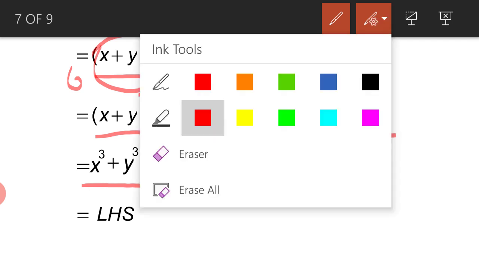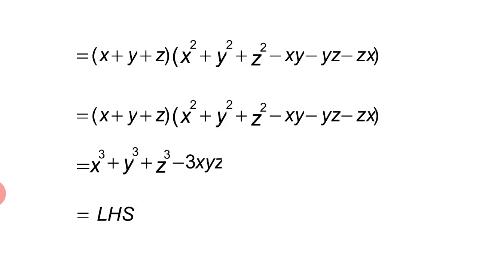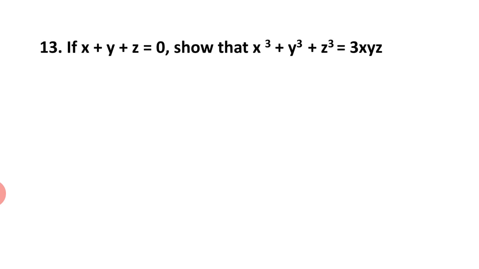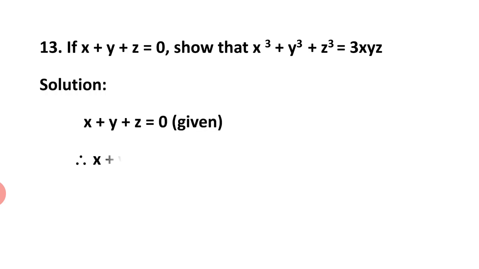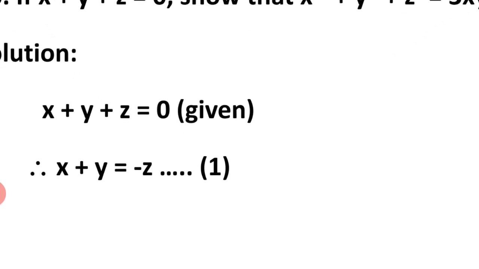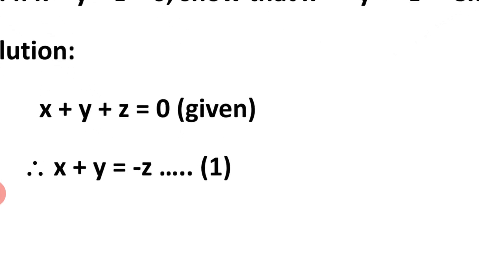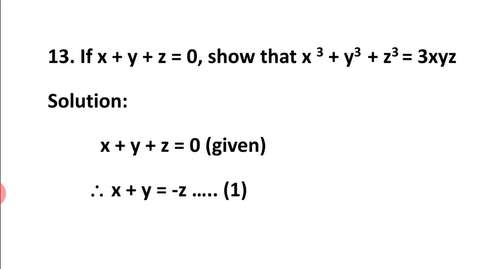This is one method to solve the problem, but we will have some other approach to solve. So now we have to prove that if x plus y plus z is equal to 0, show that x cube plus y cube plus z cube is equal to 3xyz. The first type of answer we have just now seen by using that identity or that particular result of the previous question, that is question number 12, or you can have this approach. So x plus y plus z is equal to 0. So can we write x plus y is equal to minus z? I have just transposed z to RHS. So x plus y is equal to minus z.